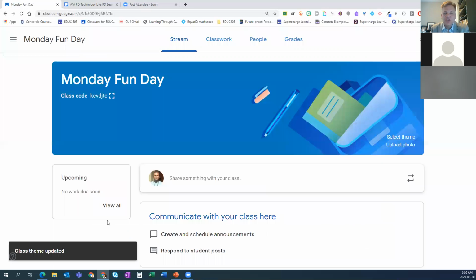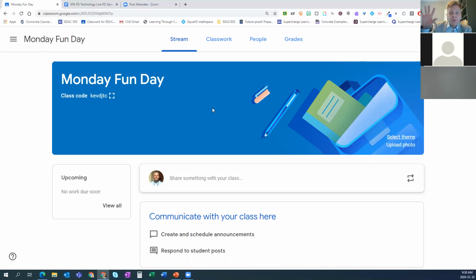Select class theme. You can change it anytime you want. You can even upload a photo. Now, we won't go into that with this basics session, but there are ways that if you have a picture or you want to create a graphical image, something with your Bitmoji, that kind of thing, we're going to be,